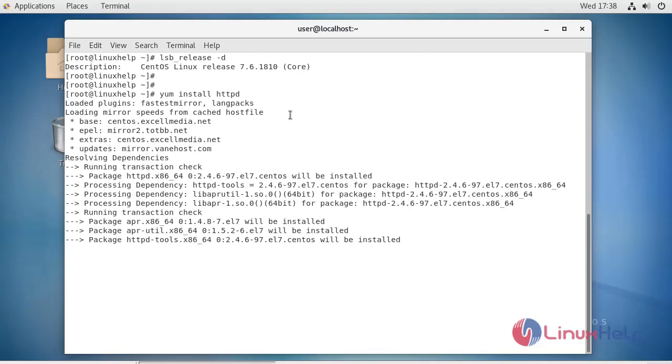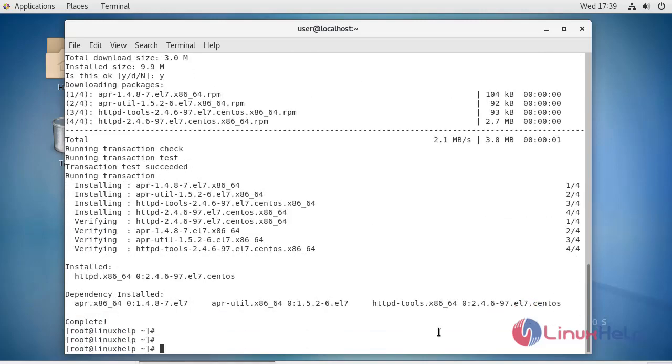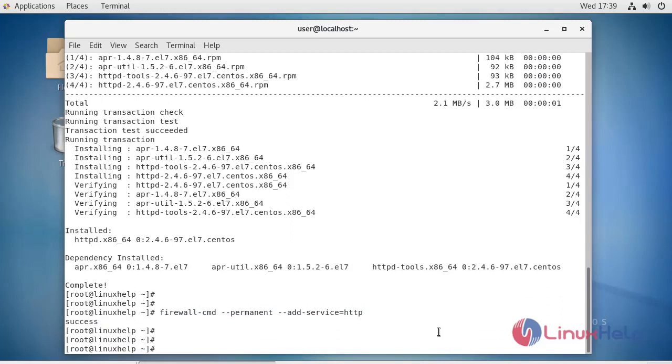The packages are installing. Once completed, enable the firewall by using the following command. Once completed, reload the firewall.